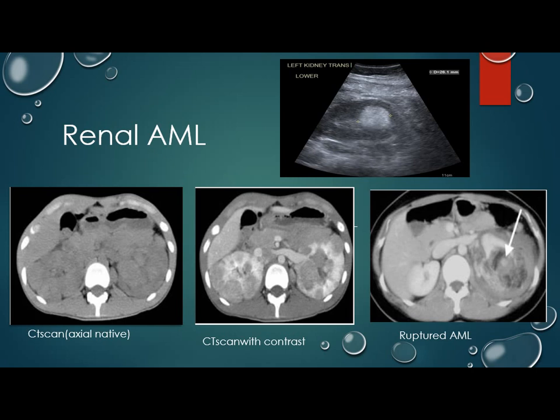Another manifestation is renal cysts, which are multiple renal cysts, as we see in most of the cases. Sometimes it causes hypertension, but it's not dangerous. Renal cell carcinoma is a rare manifestation of tuberous sclerosis, but the appearance of renal cell carcinoma is different according to its cell type.